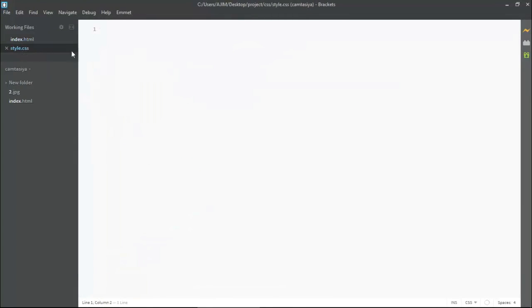So I'm coming here. Firstly I will make basic changes here. So I'm putting here this star. This is called the universal selector. Inside this I am putting margin and padding 0. You know why? Because it will remove all the margin and the padding from the bodies. So it's great. Okay, padding 0. Also I am targeting this margin and the padding with all body and the HTML. So I'm mentioning HTML and body. Okay, so it will remove all the margin and the padding from the body.